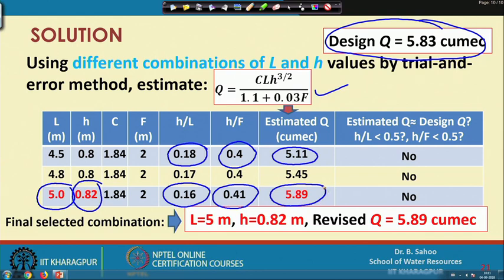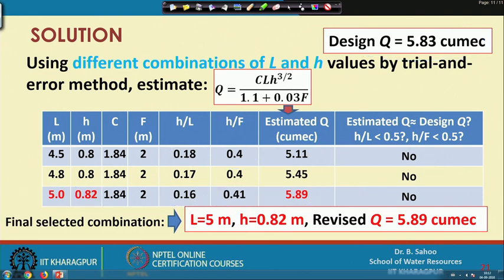This is approximately equal to 5.83 cumec. So, I can select this value as my revised Q value, the design discharge value. So, finally, I got L equal to 5 meter, H equal to 0.82 meter,